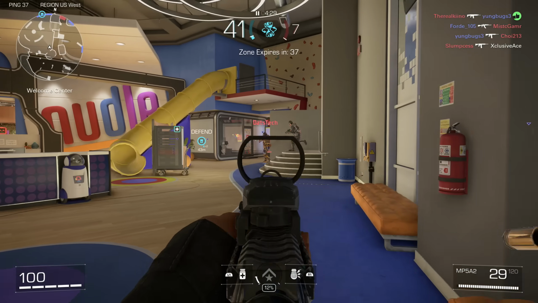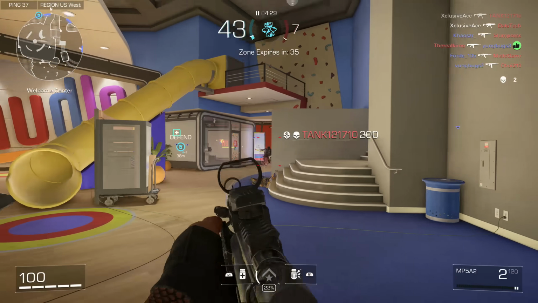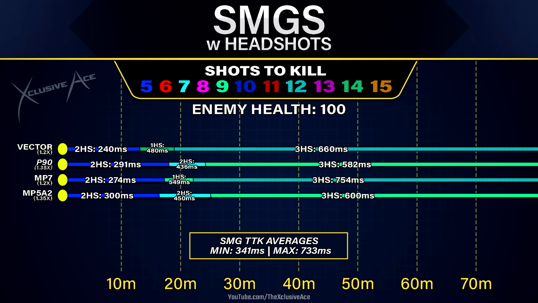As for headshots, we've actually got a good amount of consistency here. With all of the SMGs in that maximum damage range, you do require at least 2 headshots mixed in with body shots to cut that down to a 5-shot kill, and you can see the time to kill values posted there. We're ranging from 240 milliseconds with the Vector up to 300 milliseconds with the MP5, and you can see the headshot multiplier isn't consistent between all of the guns. So the Vector and the MP7 have a 1.2 times multiplier, whereas the P90 and MP5 have a multiplier of